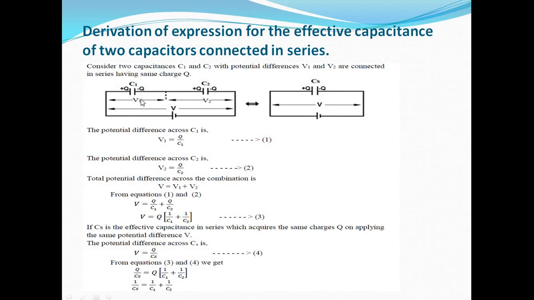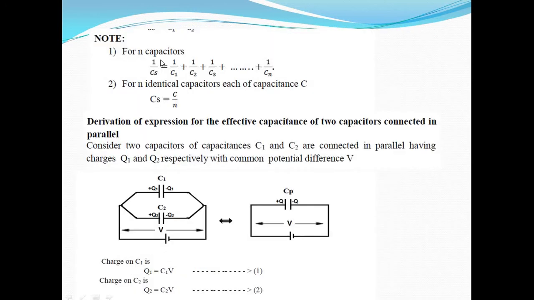So here only two capacitors are used. 1 by CS is equal to 1 by C1 plus 1 by C2. Similarly, if n number of capacitors are used, this equation extends till n. If there are 3 capacitors, it will extend till 1 by C3. If it is n capacitors, till 1 by Cn. So, for n identical capacitors, the equation becomes C divided by n, means all the capacitors have the same value. C divided by the number of capacitors. How many capacitors are used? 2, 3, 5, up to n number. Okay, students?